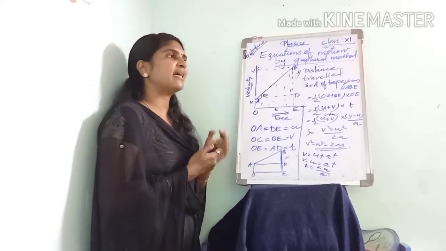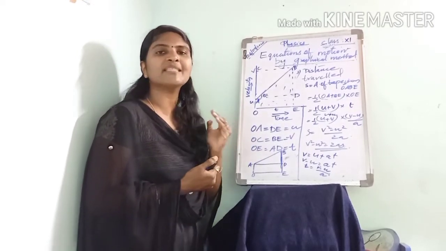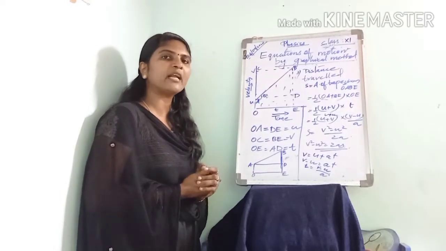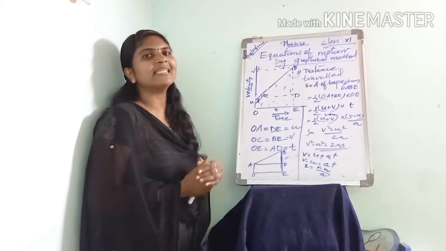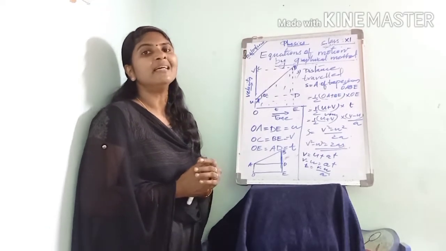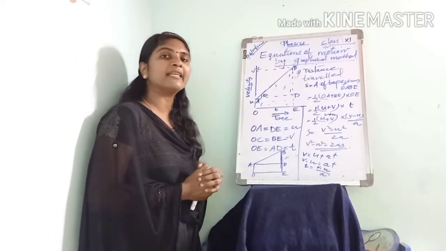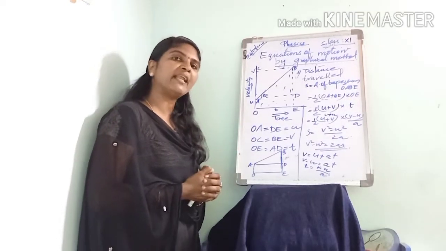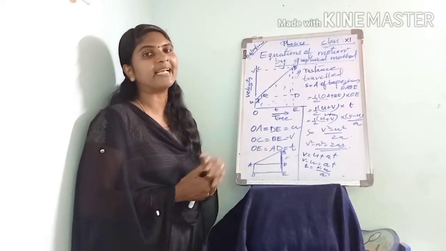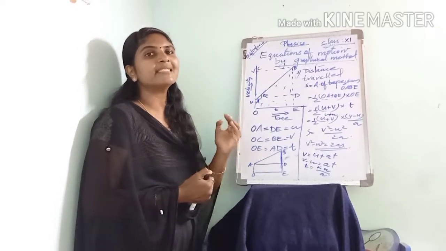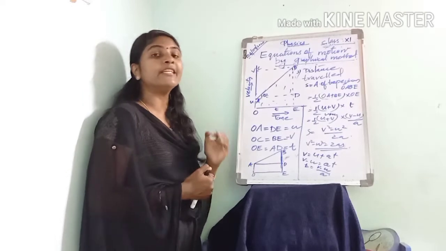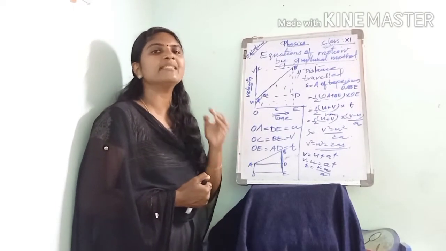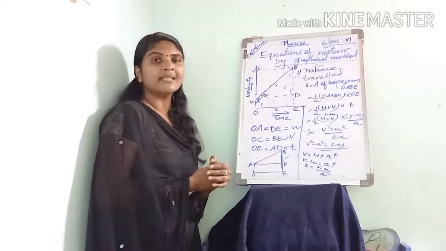In today's class, first we learned about the velocity time graph for uniform motion. What is the nature of the velocity time graph for uniform motion? It is a straight line parallel to the time axis. Which physical quantity can be calculated by using the velocity time graph? That is the distance travelled or the magnitude of displacement. The area under the velocity time graph is equal to the distance travelled.